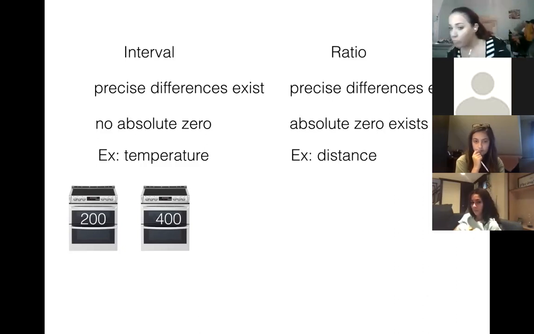And a nice example might be something like distance. If you're driving to work and you drove 1 mile, and somebody else drove to work, they drove 10 miles, can we get a precise difference between the 1 mile and the 10 miles? Would that work for us? It sure would, yeah, absolutely. Now, if you're at 0 miles, can you go negative? Like, can you get negative distance?